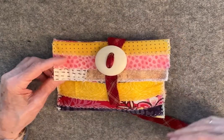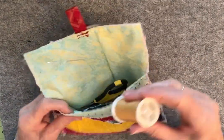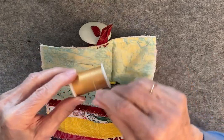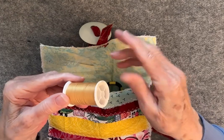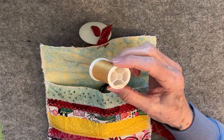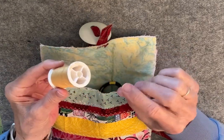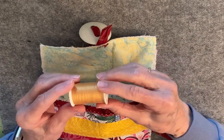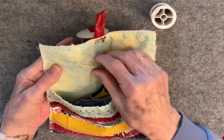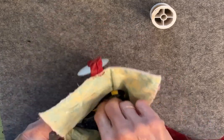Let me open up my little pouch and I'll show you what I have in here. I have thread. I chose to bring sewing thread because I figured I could use that for everything, and I would not have to take embroidery thread, which only gives me 6 strands. This I could probably get more use out of. I chose a needle, just one needle here, and scissors,